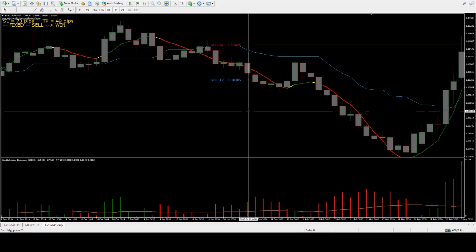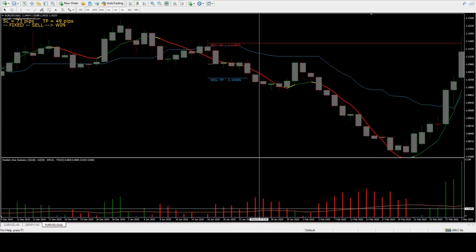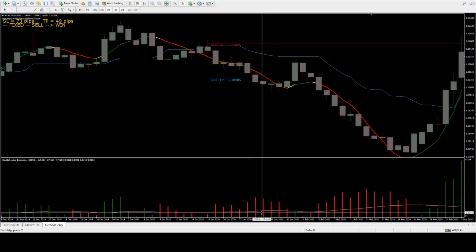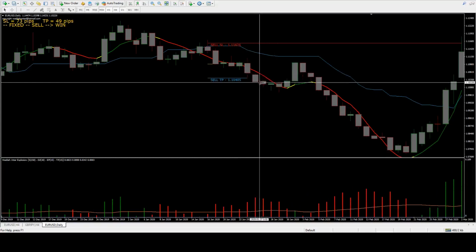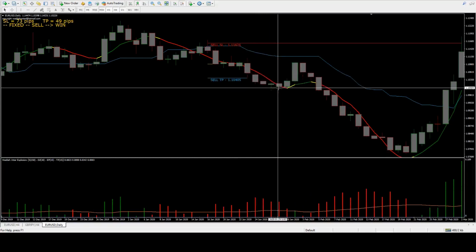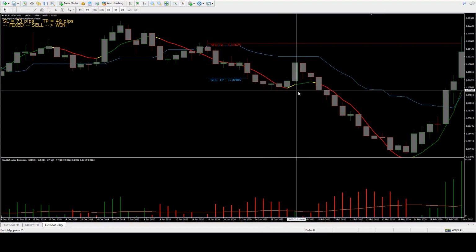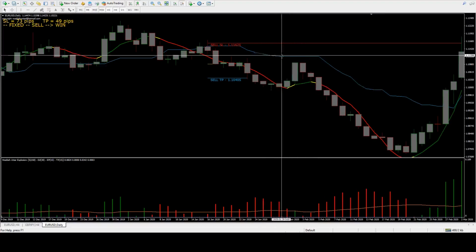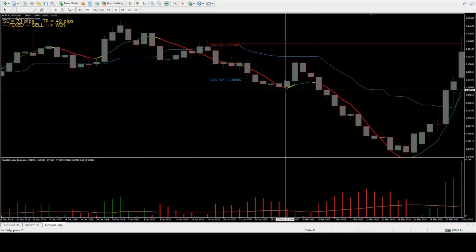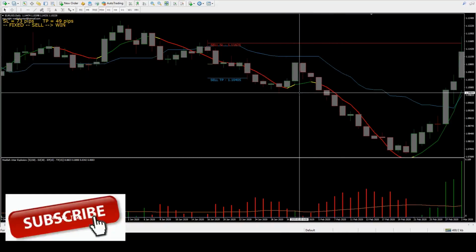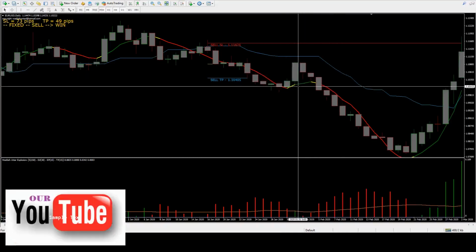And then the way that the Waddah Attar still shows red here, you are still able to probably continue the trade, or until you're going to see a yellow area. But the price is still far below the Kijun-sen, which is a good indication that the price still has to drop. So